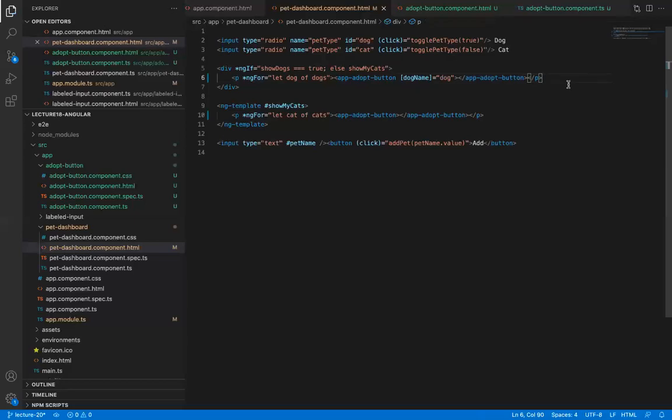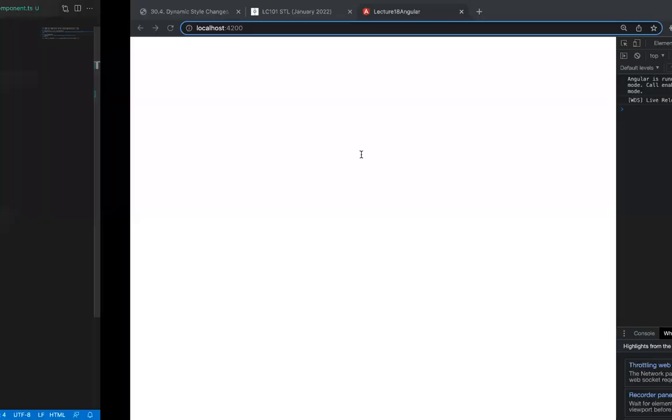So this is how we can now pass information from the parent to the child, and that child is wanting that input passed to it. So if we do this and we refresh our page,